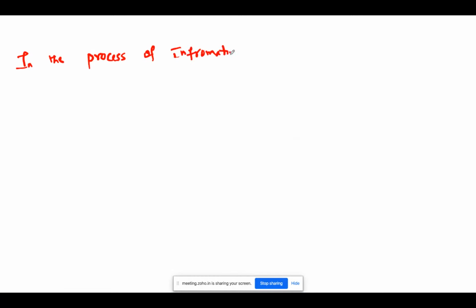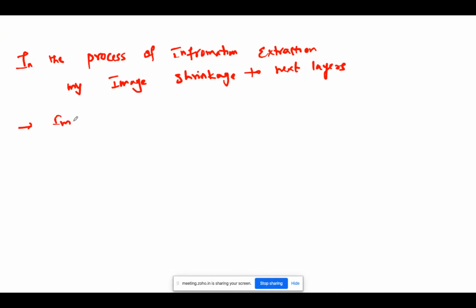In the process of information extraction, my image is getting shrunk going to the next layers. Imagine if you have a bigger network.